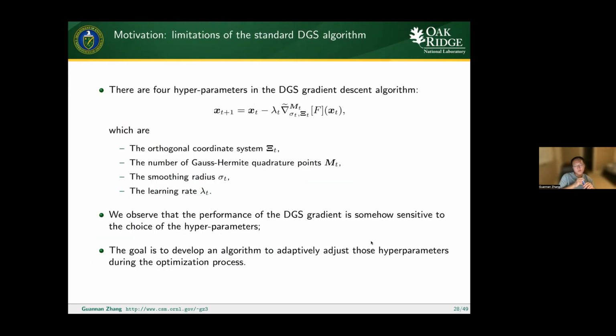So we basically want to remove the tuning of those hyperparameters and come up with an adaptive algorithm. There are 4 important hyperparameters: the choice of the coordinate system, the number of Gaussian quadrature rule points, the smoothing radius, and the learning rate. We're going to talk about each of the 4 hyperparameters and see how to adjust them automatically. So first is the